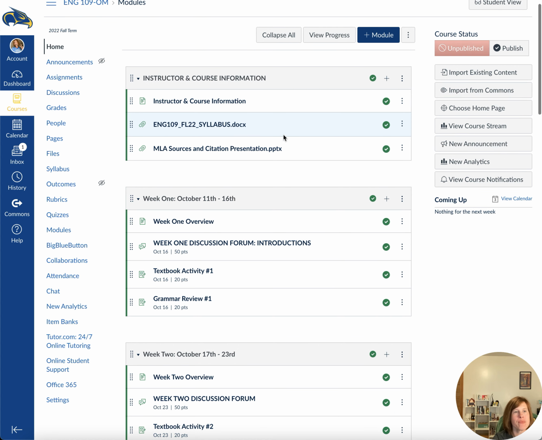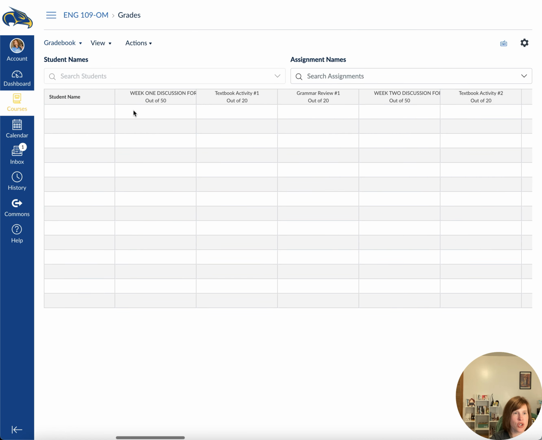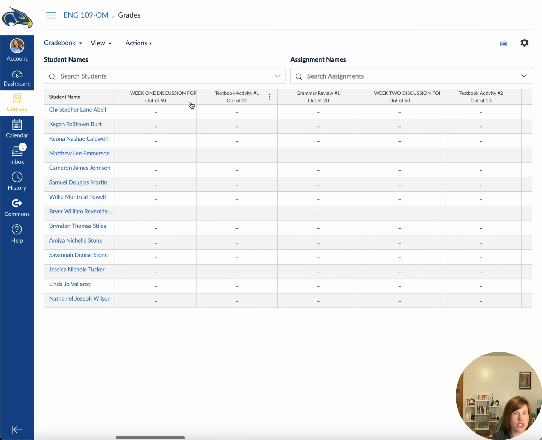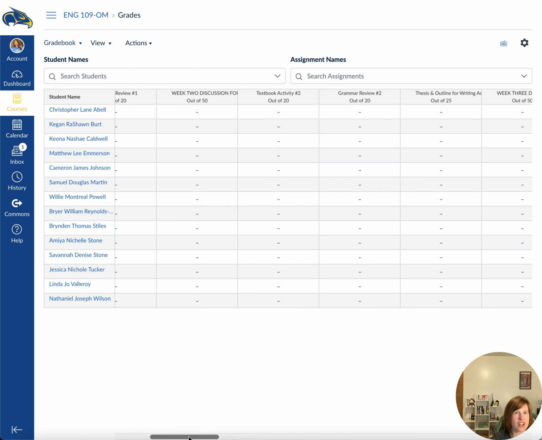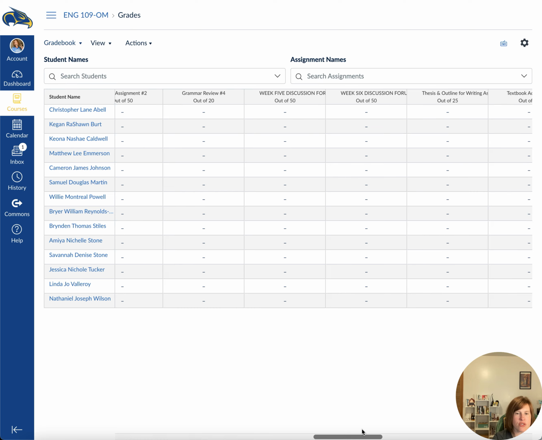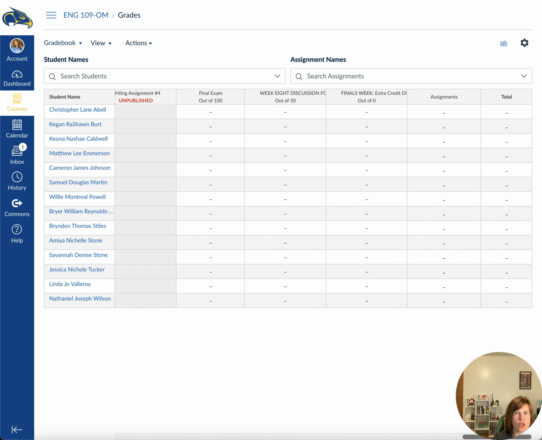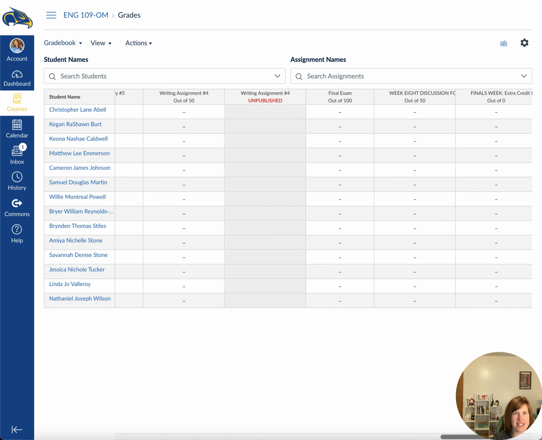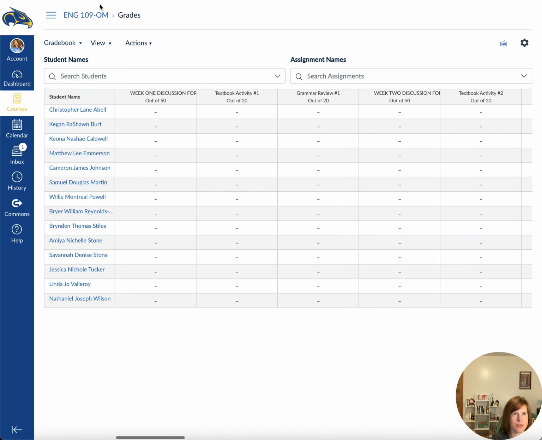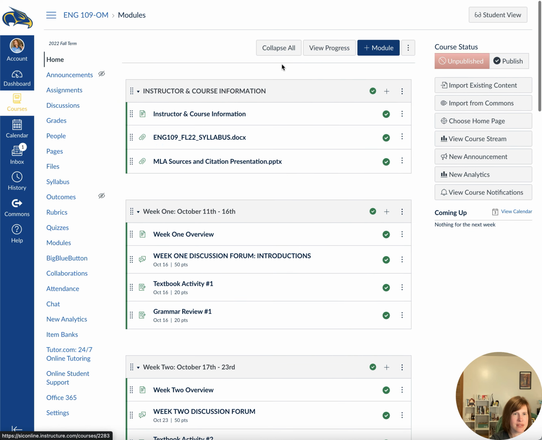So you have that, but you also have your grades page. For me, it's going to show me all of you and your grades. But for you, it's just going to show your grades in the class. You can see here how the grades are organized. And if you scroll to the very end, it will show you your final assignments for the class. So there you go. Go back to this.